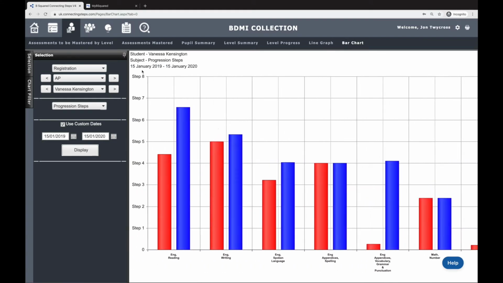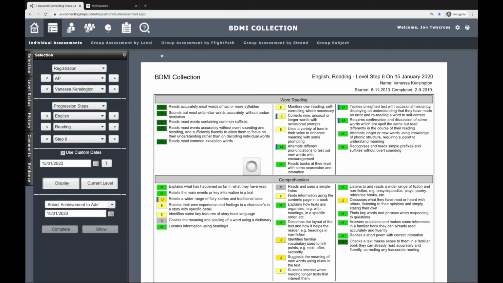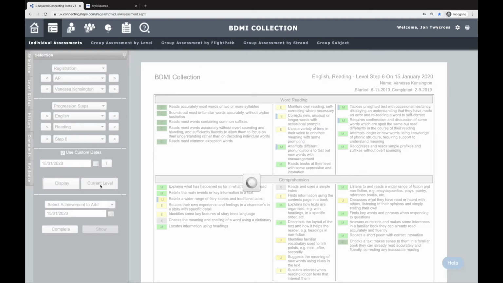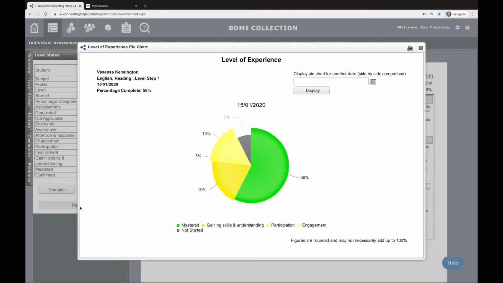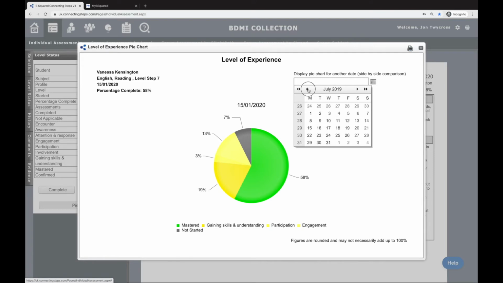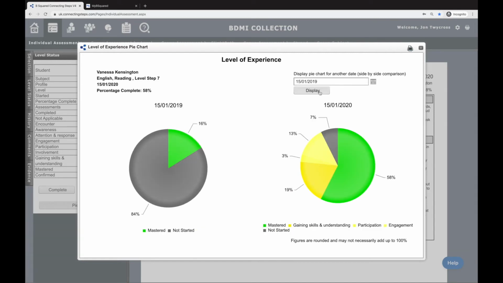What you also have available to you is the pie chart. So if I go to the individual assessment screen, which is just one of the ways you can access it, you can also get it through the level summary, and I go to their current level, which is where they're working in now, for this student, Vanessa, and I go to level status and go to pie chart. I can see how that looks now, but what I can also do is bring up a pie chart from a previous date. So I'm going to go back to the 15th of January here,